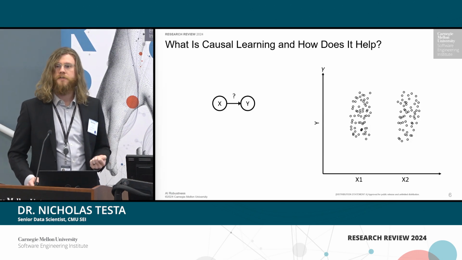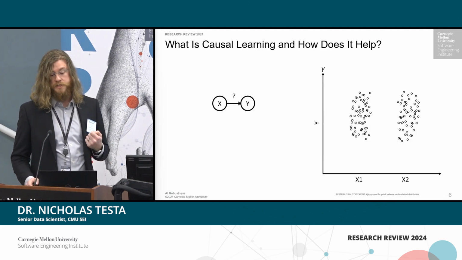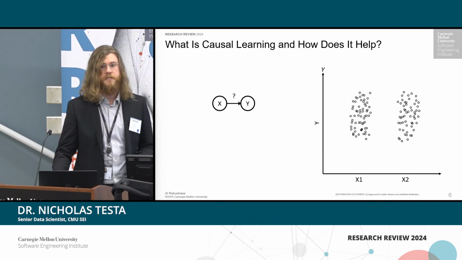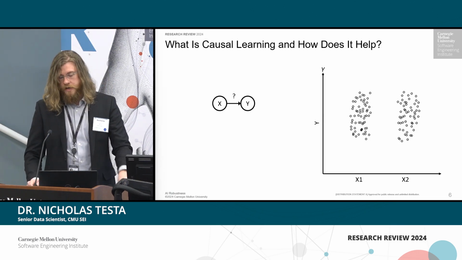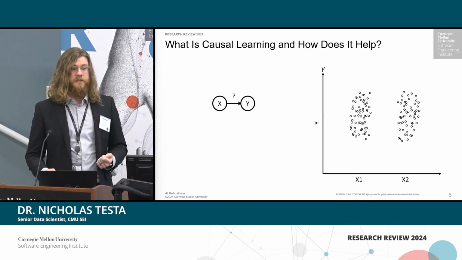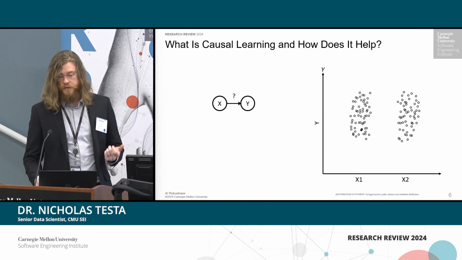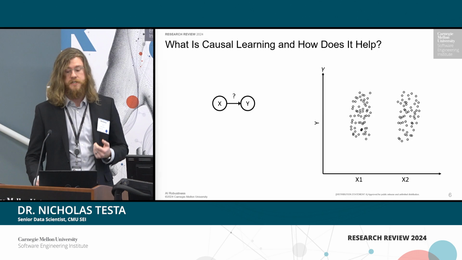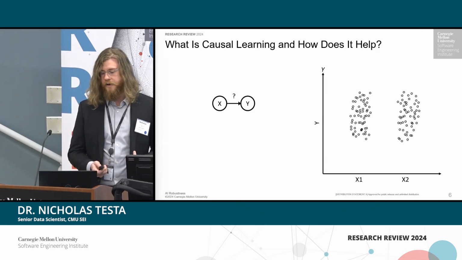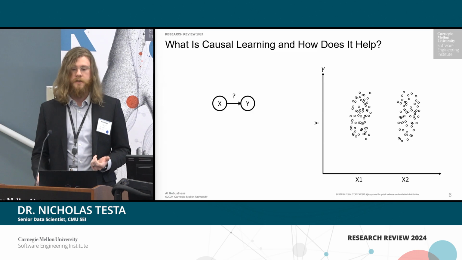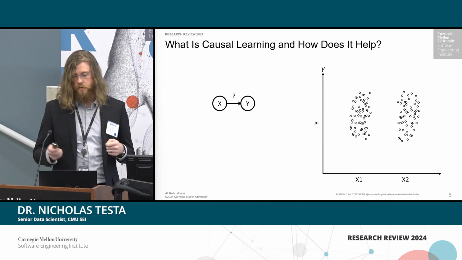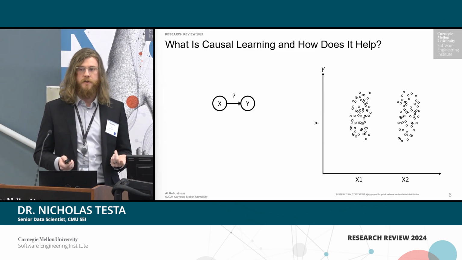This makes heavy use of a field called causal learning, which is a form of machine learning that focuses on identifying and understanding the cause and effect relationships within the data, as opposed to simply identifying the correlations and making predictions on those. Causal models represent assumptions about how variables interact to produce outcomes and are used to infer causality and answer questions such as, how did the data come to be the way they are, and what data are driving which outcomes? It helps us formally answer the question of, does X cause Y, or is there some other reason they seem to co-occur all the time?